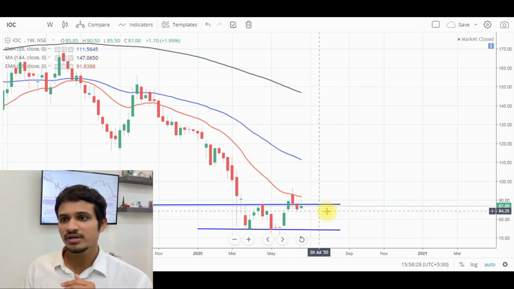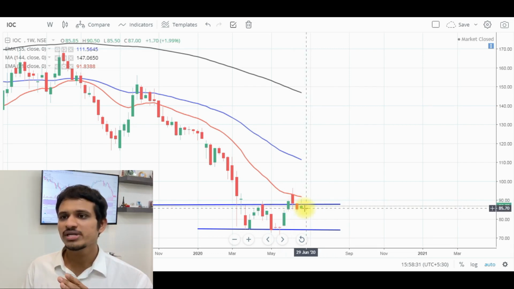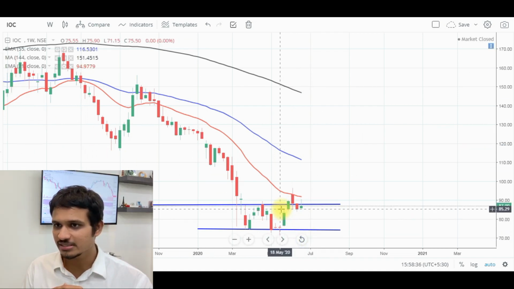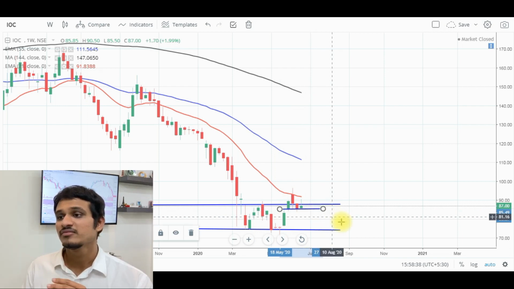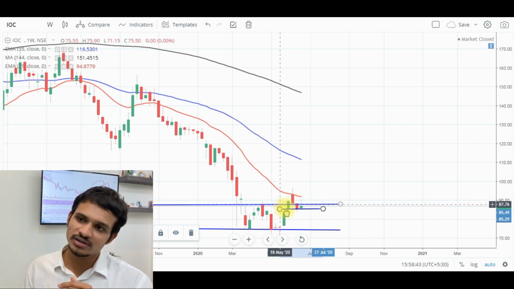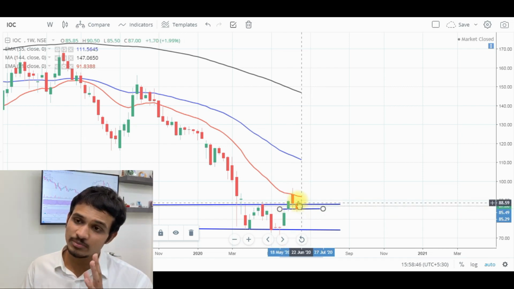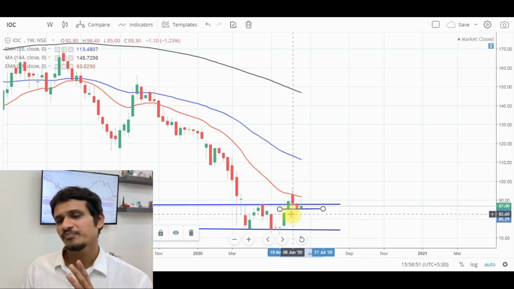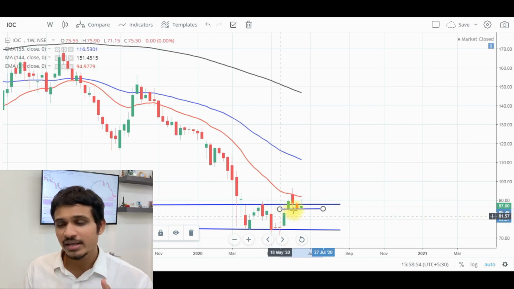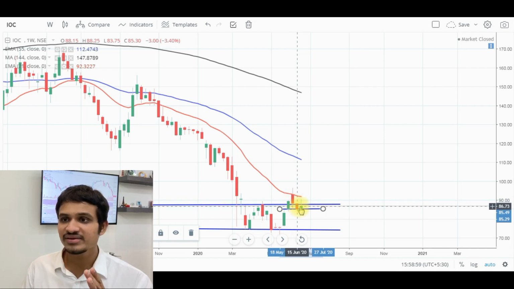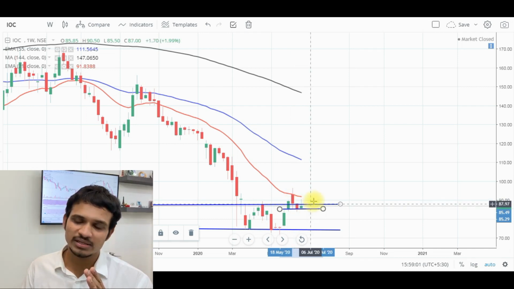The thing to watch out here is that the price is almost taking a support in this region. I'll mark the support price over here once again. We see that the price is facing this support over here, which is at nearly 86, we can say. So this region over here is acting as a demand zone currently because we see the shadows in the upward direction over here. So the price tried to make an attempt of a breakout of this double bottom apex, but is now currently facing a support, and maybe in the coming days the price can advance in the bullish direction.